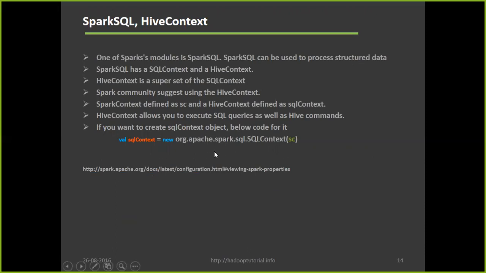Same way, if we want to create the streaming context object, again we pass the Spark context object, sc, as the parameter. So again, the chain is conf, Spark context, and then SQL context. To create Hive context, we make use of the SQL context. And similarly, for Spark streaming, we use conf, Spark context, and then streaming context.